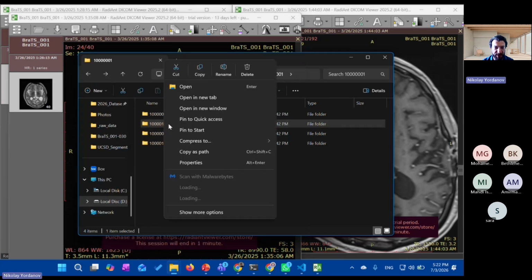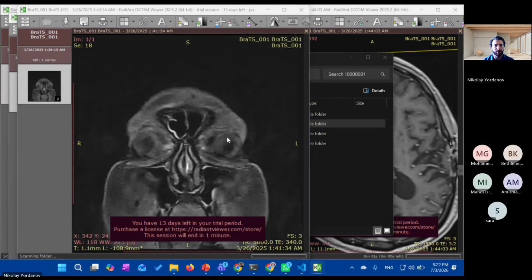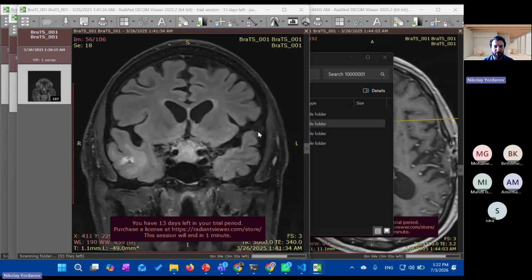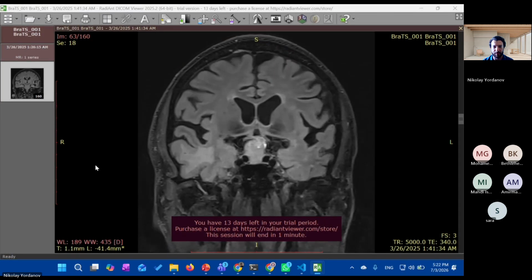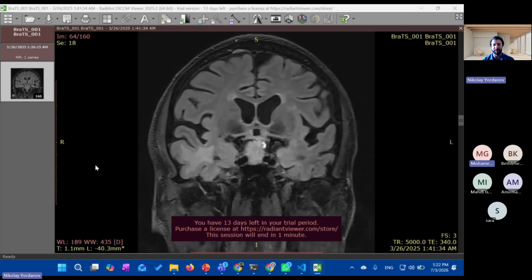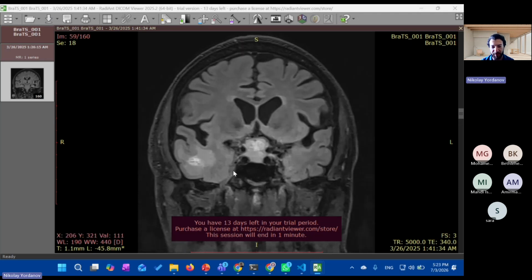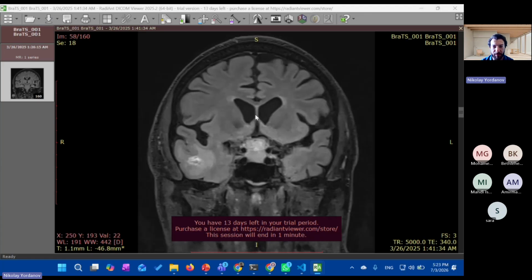And let me open this one. So what sequence is this one? This FLAIR. Yeah, a T2, exactly, but it's FLAIR. T2 FLAIR. FLAIR is more than enough. So it's basically the T2 signal, and the signal from the ventricles and sulci, basically where you have fluid, is just removed. And also it's important to know which sequence is what, because if you run into some problems when training your model,